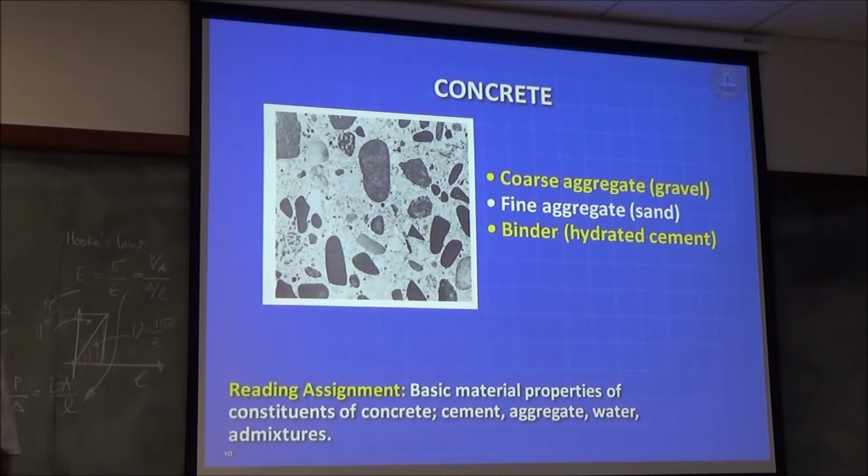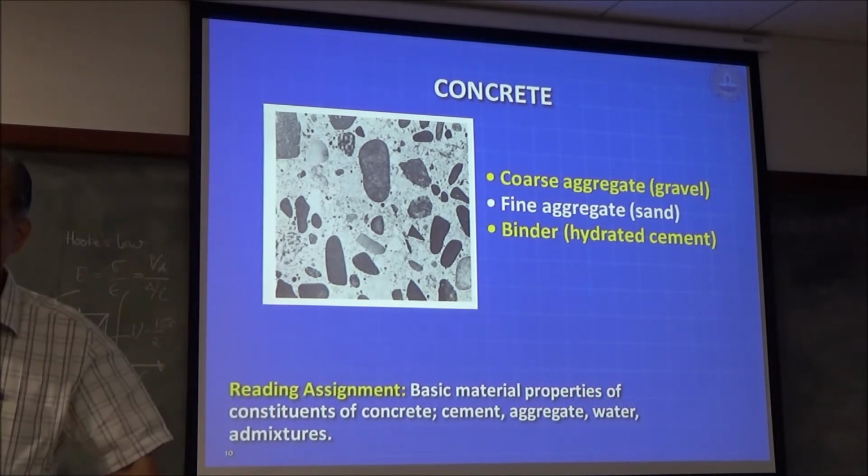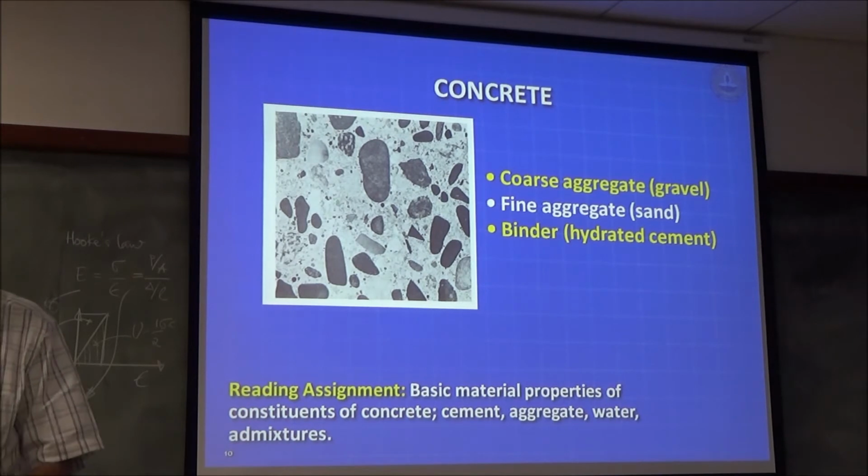And that you can study from microstructure. So you have coarse aggregate of gravel, fine aggregate of sand, and you have binder, which is hydrated cement. So this is concrete technology. It's a big course by itself. It's something that you should know. I'm not going to cover it much, except to tell you that